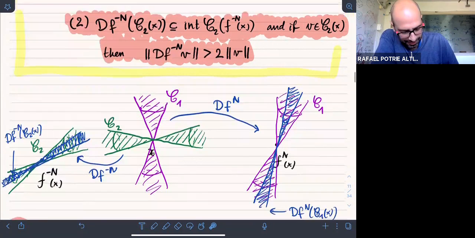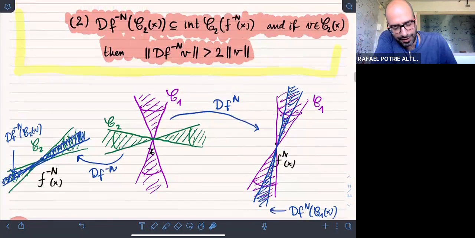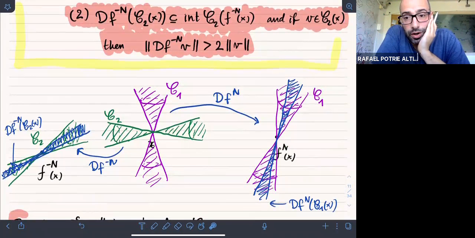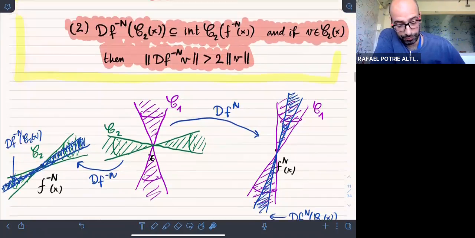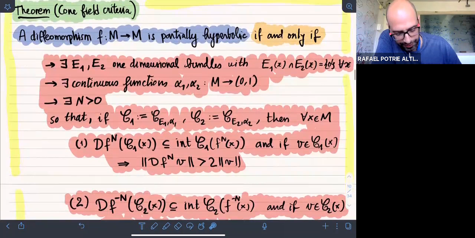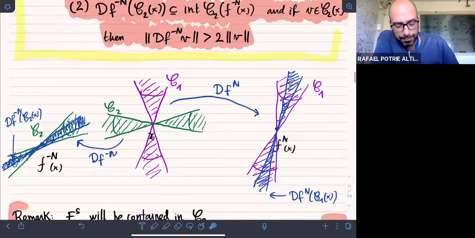So it's very easy to see that this gives you an open condition in the space of diffeomorphisms. Okay, so this is the actual statement. There are many variations of this statement which are possible and equivalent, but the thing to have in mind, and the thing I will use in the proofs, is